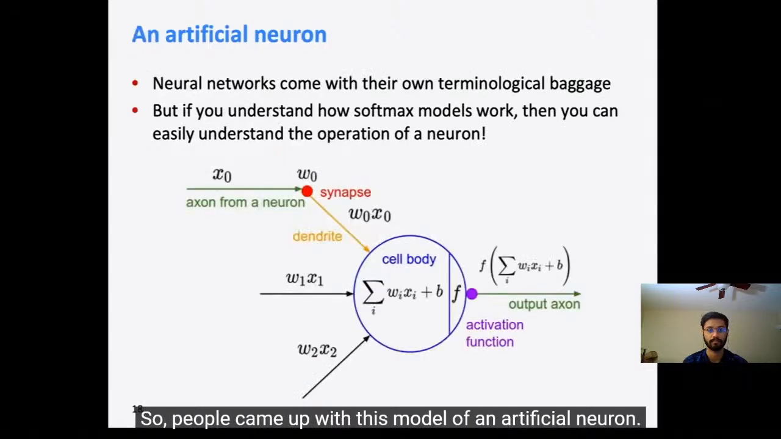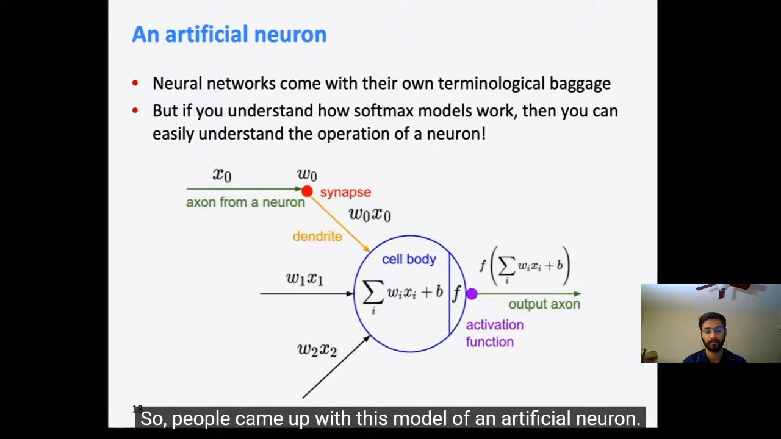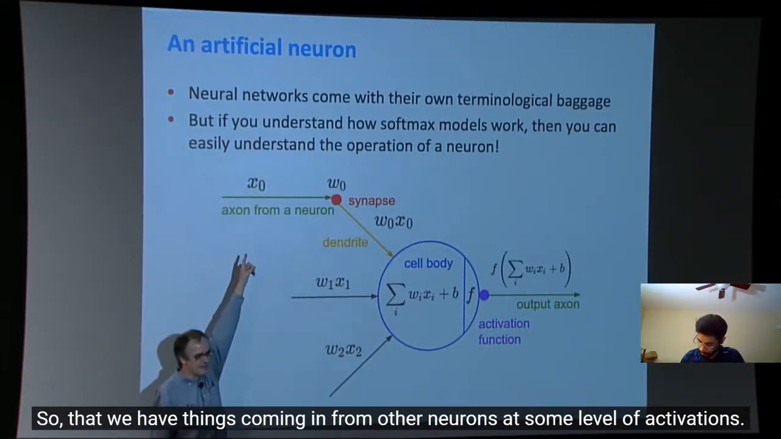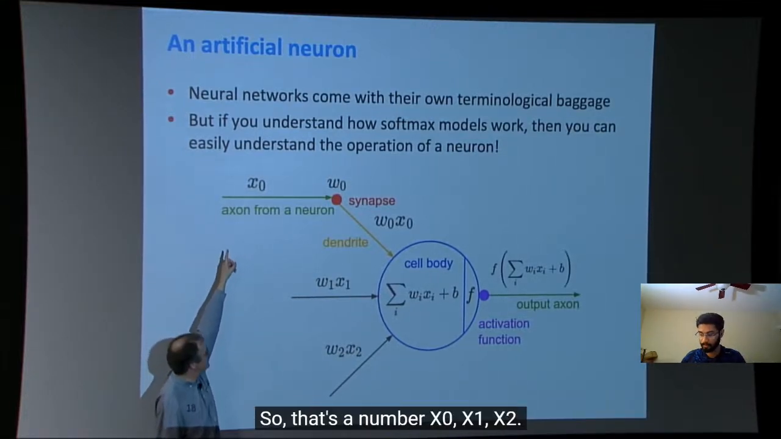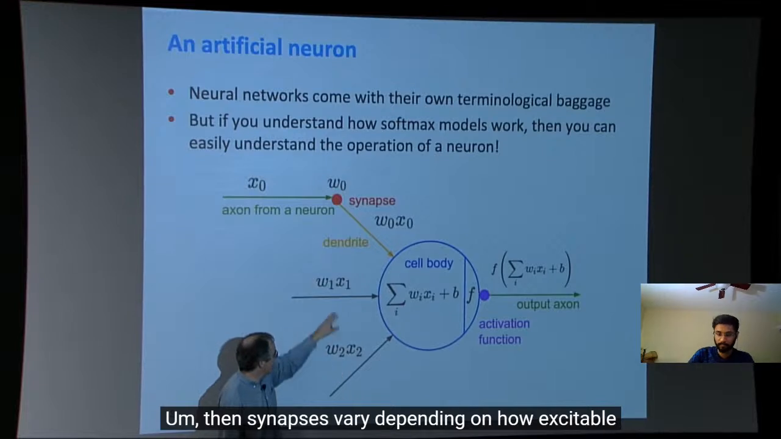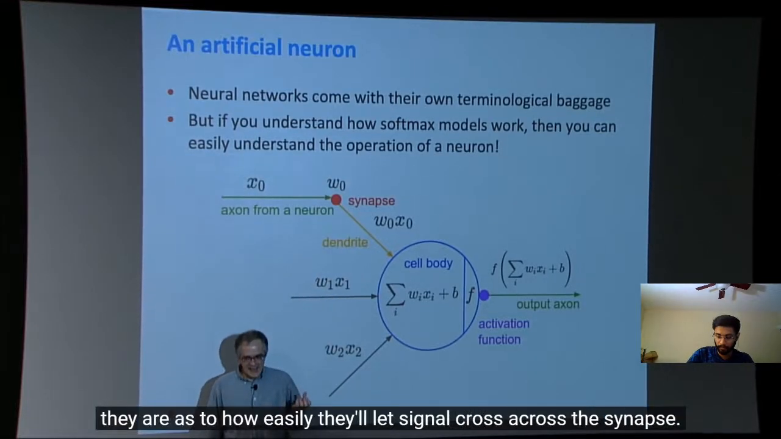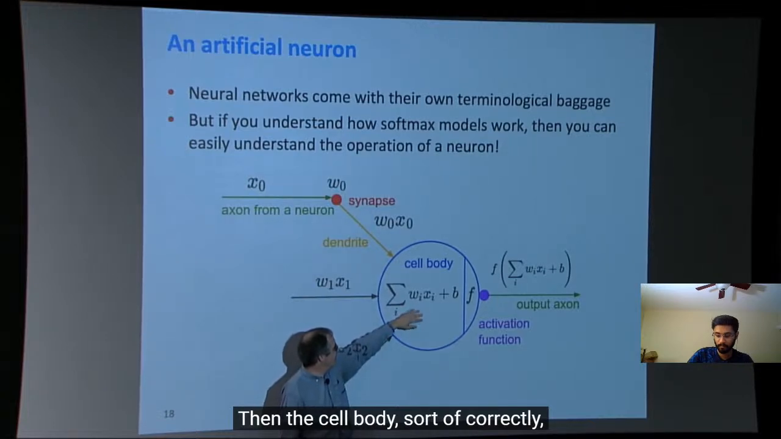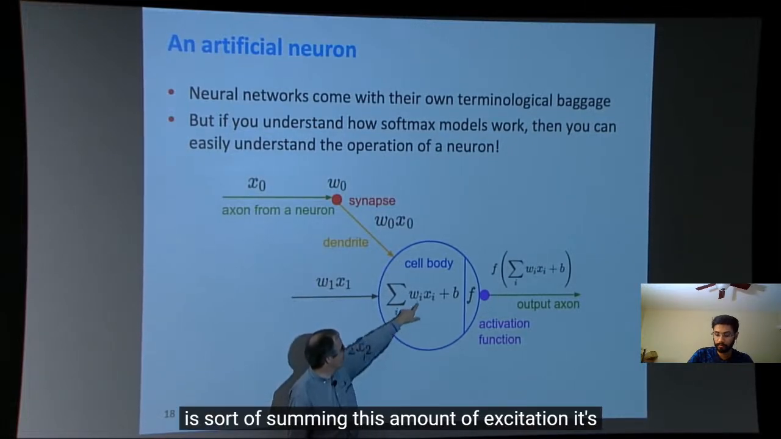So people came up with this model of an artificial neuron, so that we have things coming in from other neurons at some level of activation. So that's a number x0, x1, x2. Then synapses vary depending on how excitable they are as to how easily they'll let signal cross the synapse. That's being modeled by multiplying them by a weight, W0, W1, W2. And then the cell body is summing this amount of excitation it's getting from the different